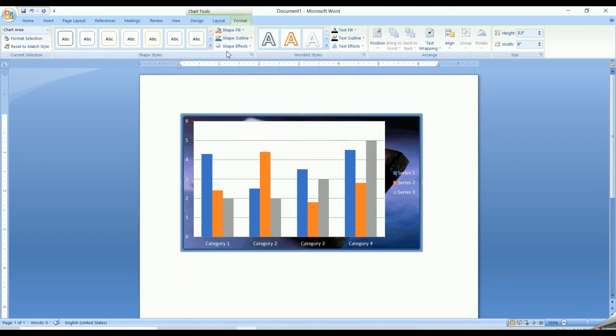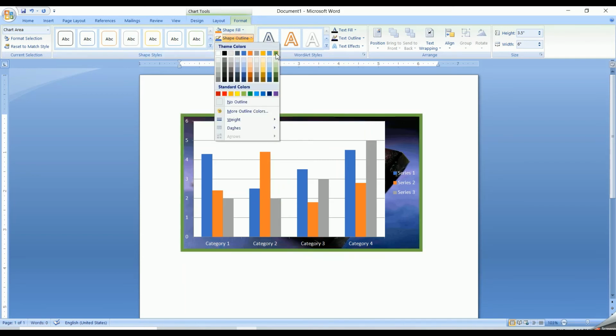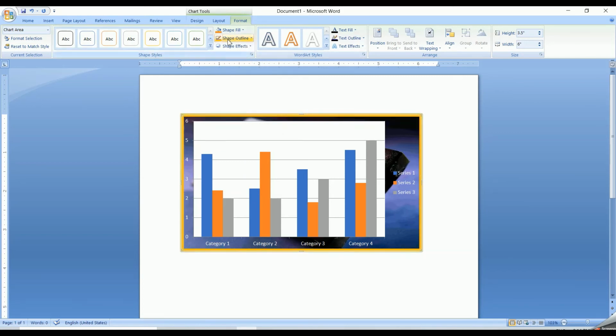Okay, and now I'm going to select the color of the border. See here. Now it is clearly visible. In this way I can give the outline of my shape, that is my chart over here. Now we'll move to the third topic that I told, is editing the data of chart.